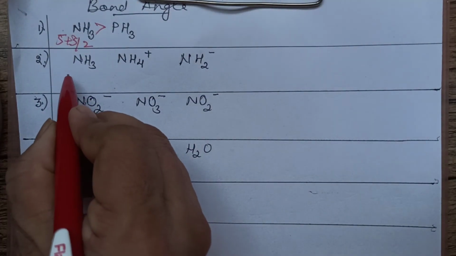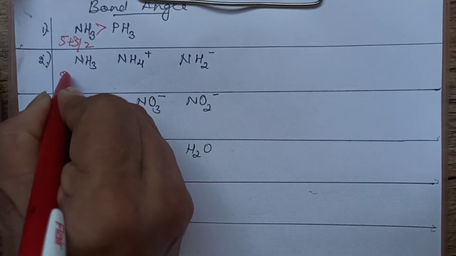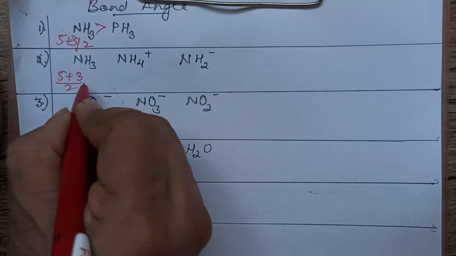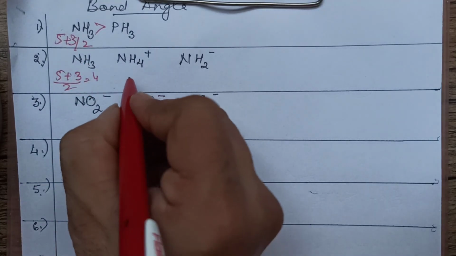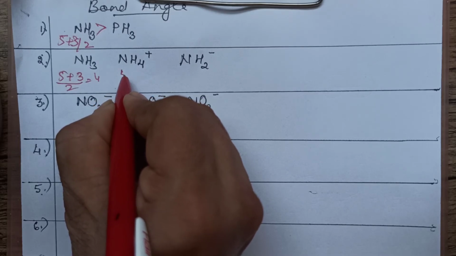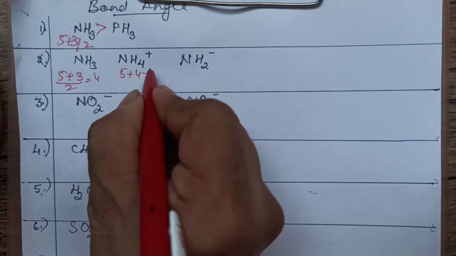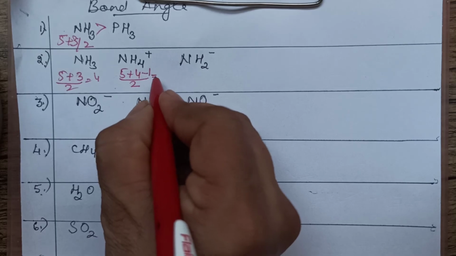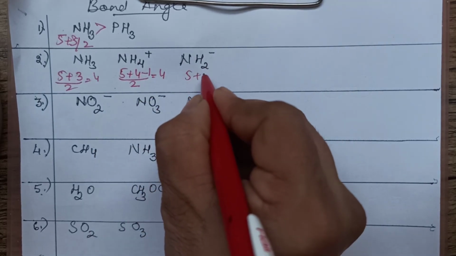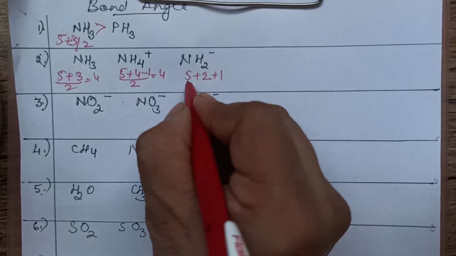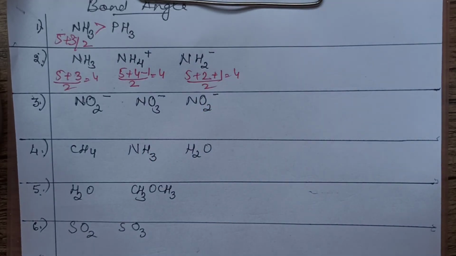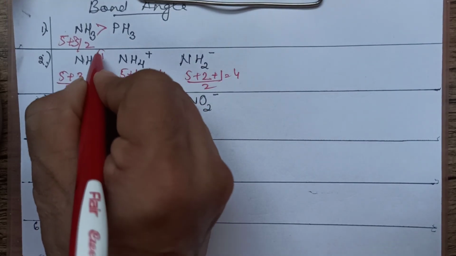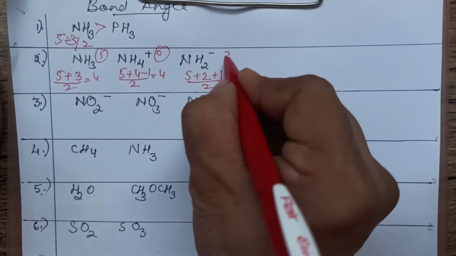Clear? Next, let us check their hybridizations first. 5 valence electrons, 5 plus 3 surrounding atoms divided by 2. That is 4, and 1 lone pair. Let us see this one. When you calculate 5 valence electrons plus 4 surrounding atoms plus the charge, which means minus 1 so you will write plus 1, divided by 2. Right? So this also you are getting 4, but no lone pair it is having. Okay. This is 5. 5 plus 2 surrounding atoms, minus 1 means plus 1 charge, divided by 2. This is also having 4. Now because you are getting the same number, it is the same hybridization. When you are getting the same hybridization, you have to check the lone pairs. This first one is having 1 lone pair, this is having 0 lone pair, this is having 2 lone pair.